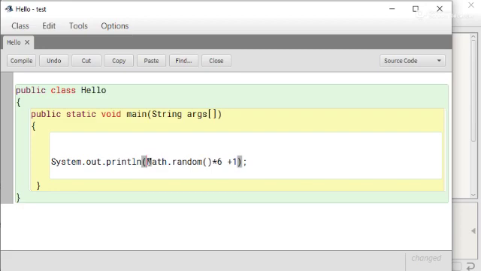Now it will display a number between 1 and 6, but it is in double data type, so we have to change it to integer. And to change it to integer, what will we do? You know that we have to use type conversion. We have just written here int. Now compile this program, close.